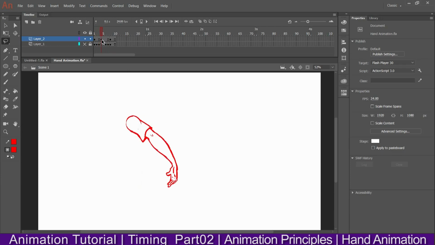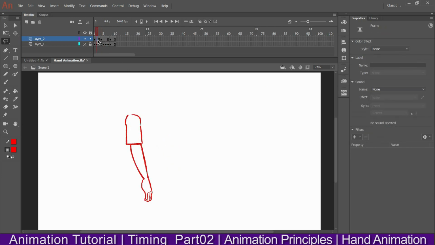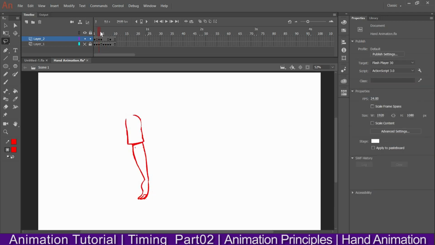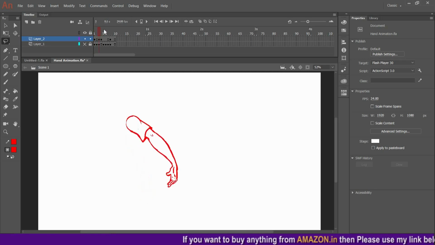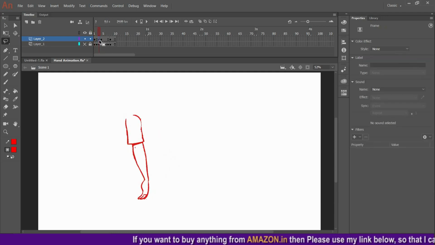Okay, so for this, first I'll see the animation here. I have decided to do a keyframe, maybe in between this and this frame. This is number 4 and this is number 1. So I'll place it in between here, maybe here. This is an anticipation, so I'm putting an anticipation over here before going for an action. Anticipation means I'll tilt a little bit, or I'll move the hand a little bit in the opposite direction like this, and then the action. Okay, this is the final point of the anticipation.